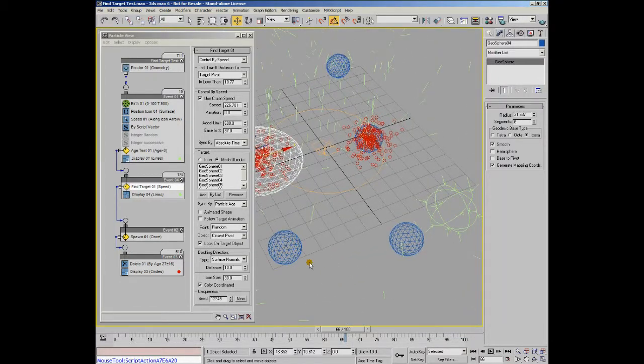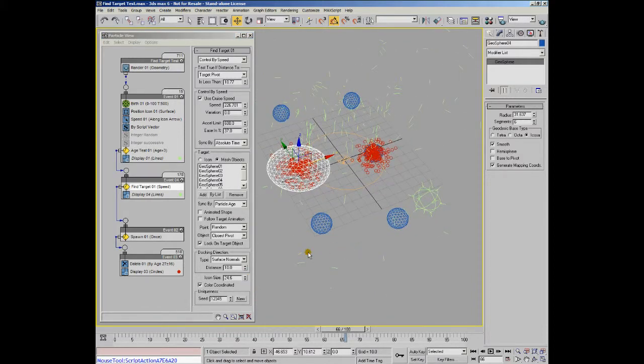The last couple of options you have are the icon size, and this is this icon here. You can see you can change the size of that. That's only a display option. It doesn't have any effect on the functionality of your test. And then you have color coordinated, which again is another display option, and all that does is synchronize the color of your icon with the color of the event that it's in. So it'll look at the event that it's in, and it'll find the display, and it'll find this color here, and it assigns that color to your